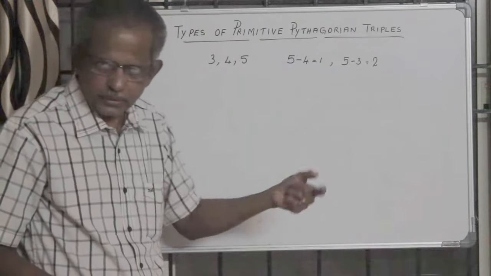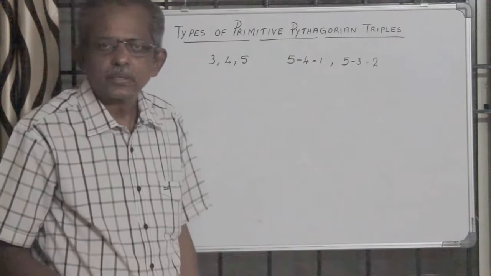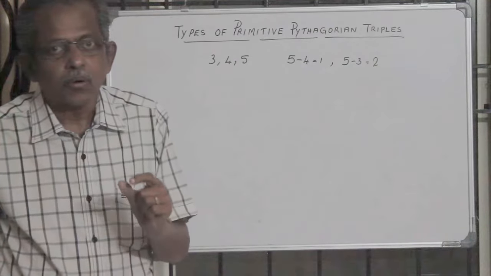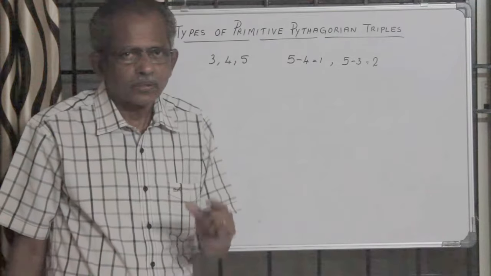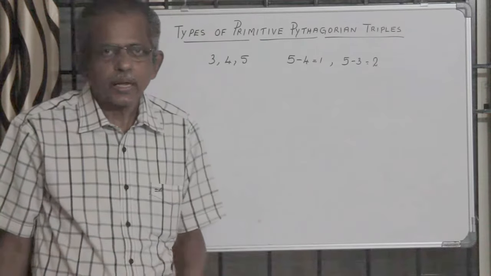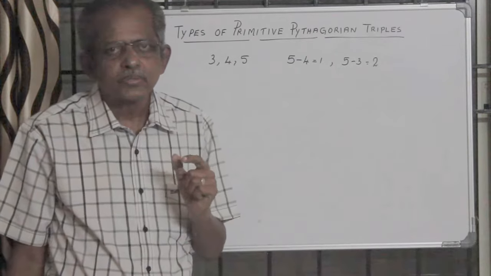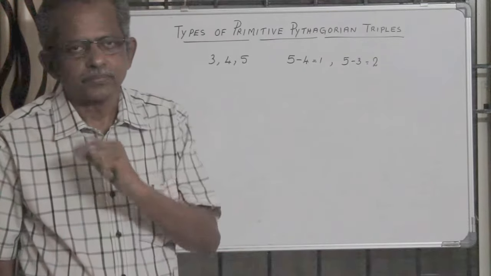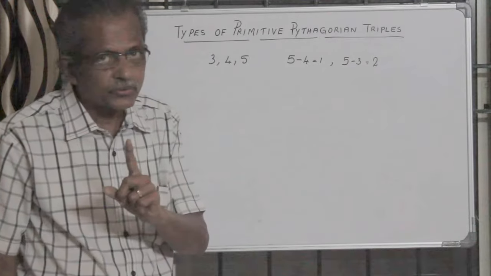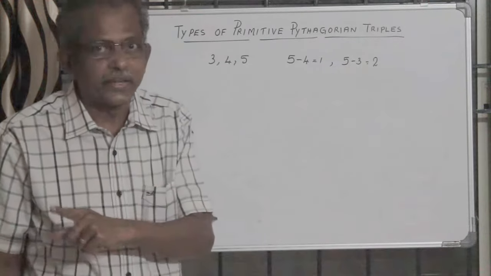But before that, I am explaining about that one. Only two types of differences are there. One difference will be equal to the squares of odd numbers. That is one type of difference. And there is only one other type, that is double the square of any integer. The first type is only the squares of odd numbers. In the second type, double the squares of any integers.